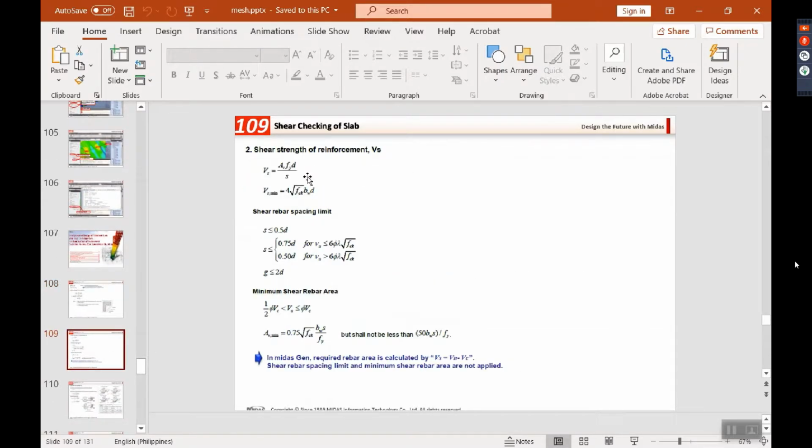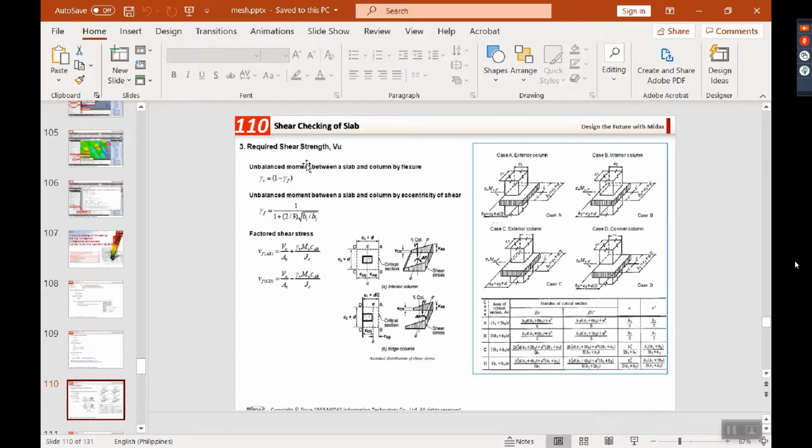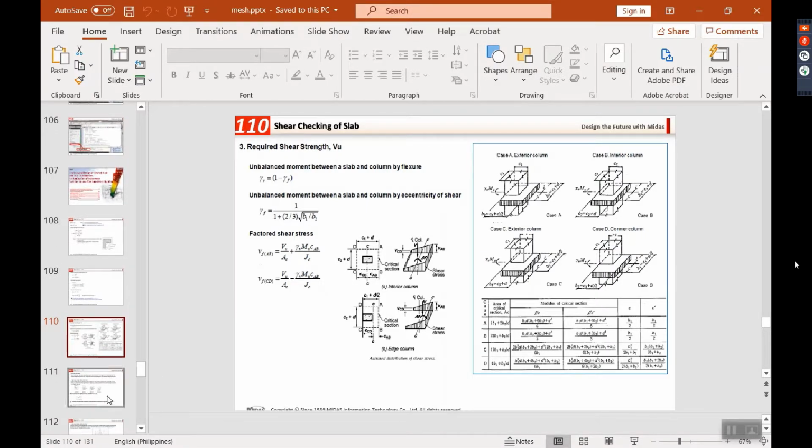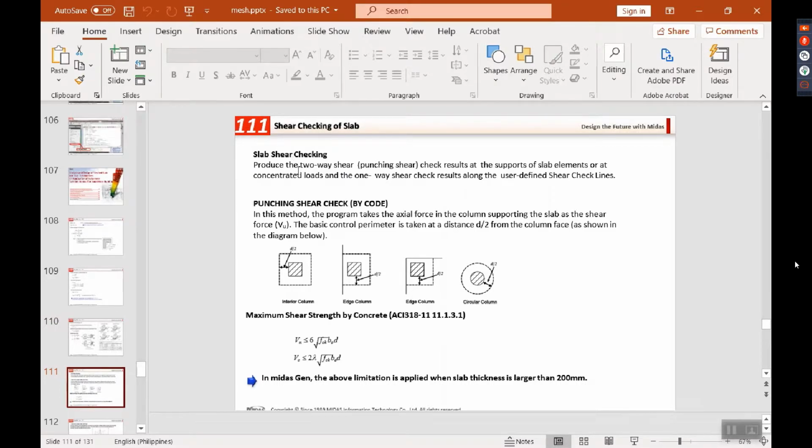So for the shear strength of the reinforcement, it is calculated by this way. So in Midas Gen, required rebar area is calculated by Vs is equal to Vn minus Vc. So it just interchanges the formula. So the shear rebar spacing limit and minimum shear rebar area are not applied. So for the required shear strength Vu, this is how the software actually calculates for the Vu. And for the slab shear checking,